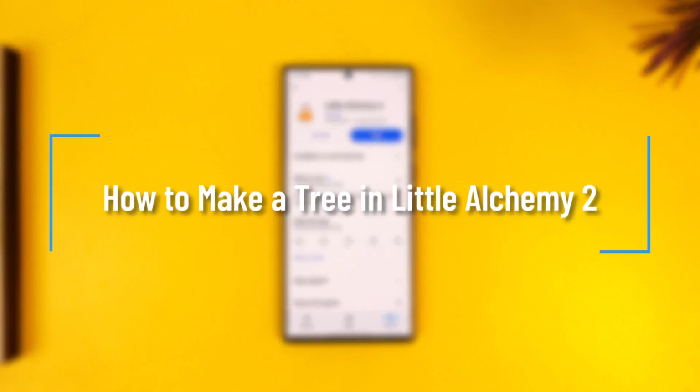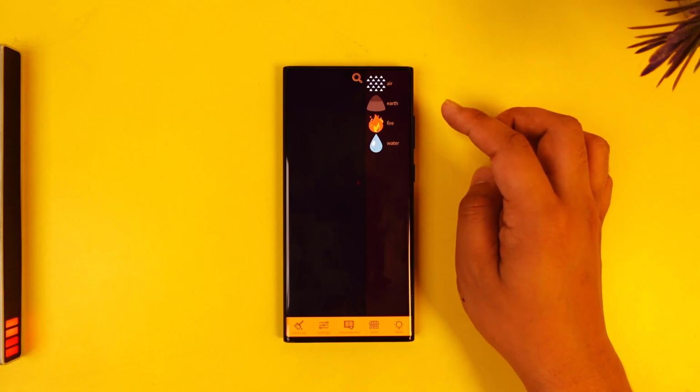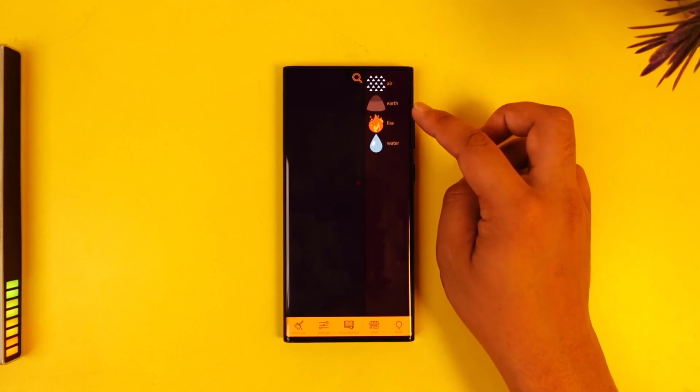How to make a tree in Little Alchemy 2. If you want to make a tree in Little Alchemy 2, by default we have 4 basic elements: air, earth, fire